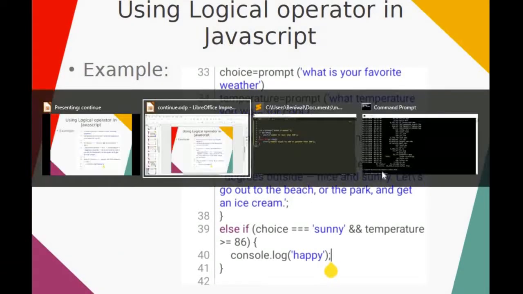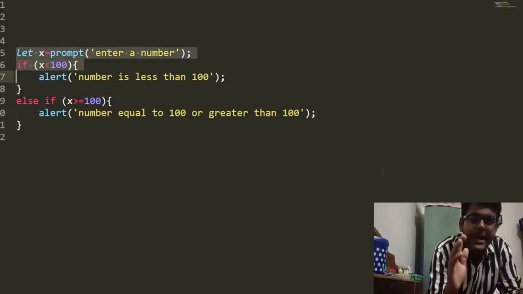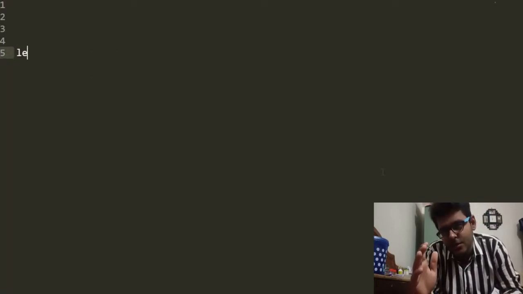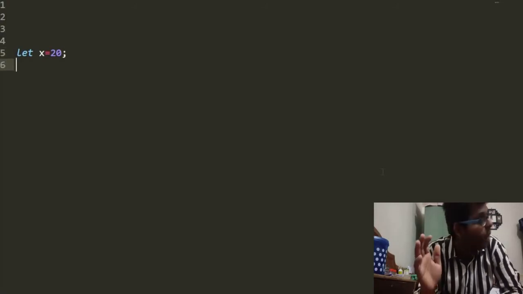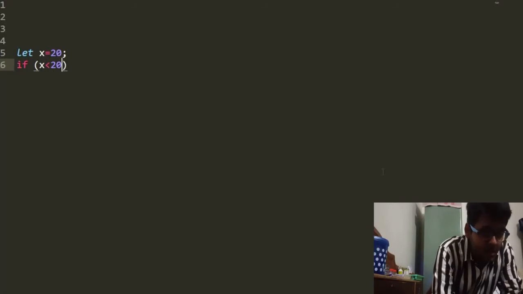Okay, so now let's start our coding. I already discussed the comparison operators and logical operators in JavaScript. So first checking with this. Let's say let x is equal to 20, and then we say condition: if x is less than 20.